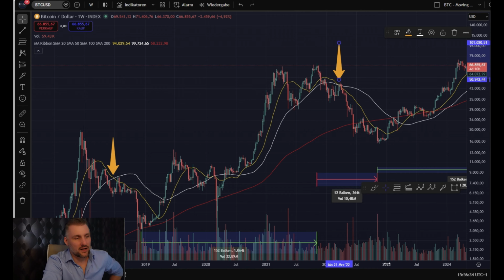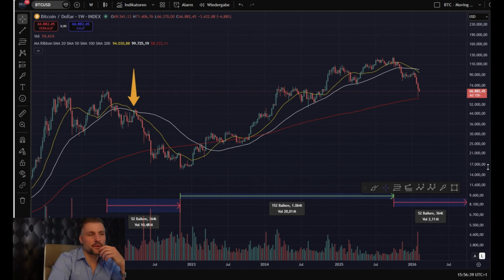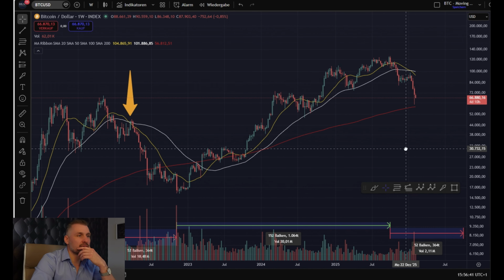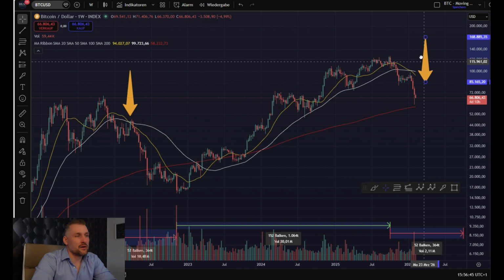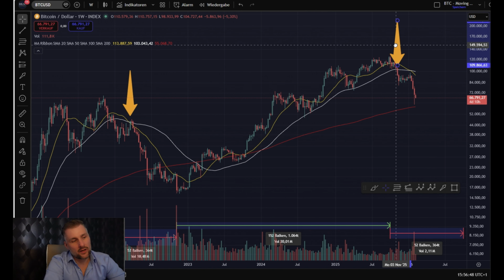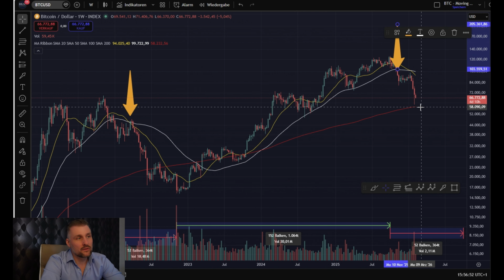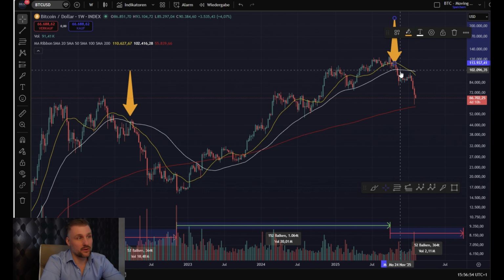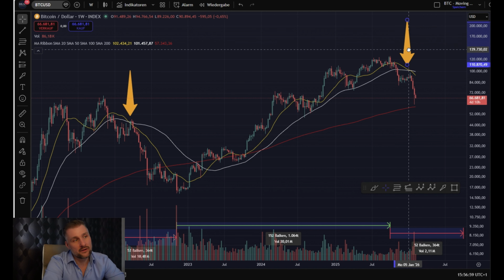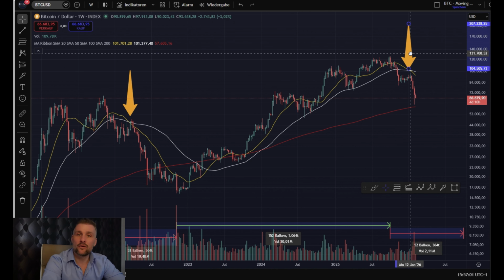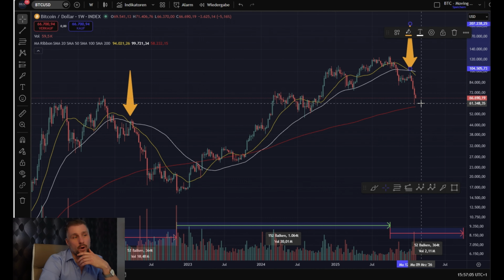And if we check now the current structure, it's really interesting that we see the same behavior. And as you can see here, we got in November 2025 a weekly close. So first signal, okay, we could enter a bear market. Then we got the test from below and the crossover here of the 20-week moving average and 50-week moving average. And now we are on the way down.